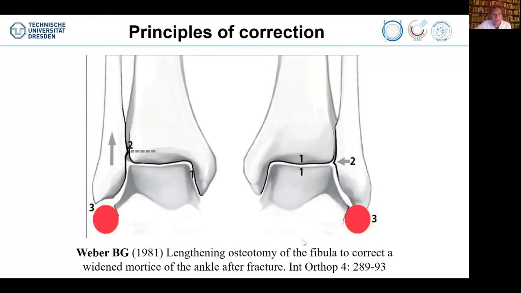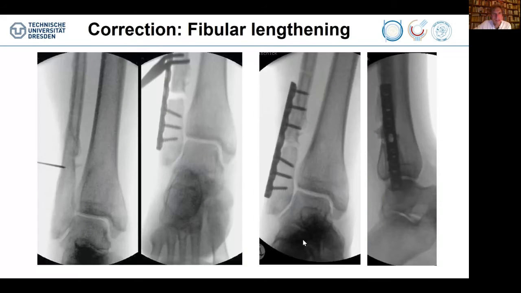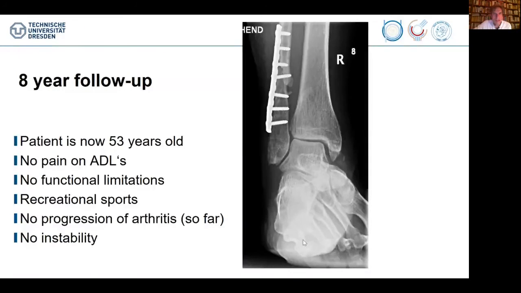And these are the principles of correction. I do not need to repeat this. We have to bring the fibula out to length. And if it is in a valgus position, we have to correct that. And so we did this in that case, and we shifted it down. You can really titrate this under fluoroscopy, so that in the end, the Weber circle fits again. And this is the same patient 8 years later. She came from another part of Germany, but sent me the X-ray and said that she is so far pain-free.